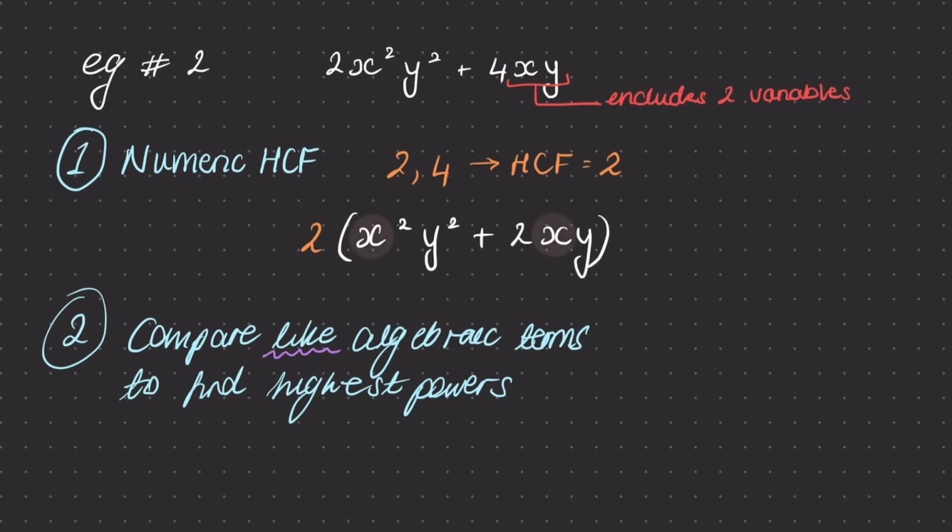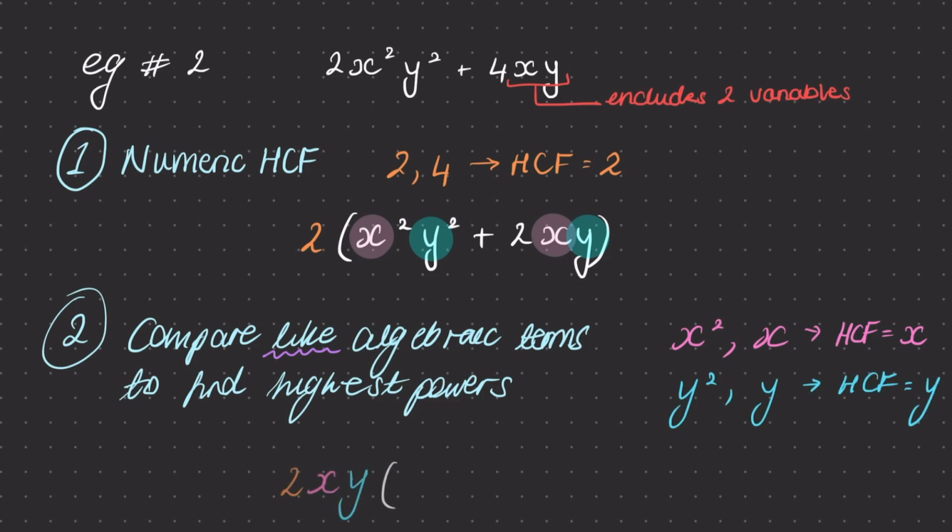I have highlighted the x's in pink and the y's in blue so that we can see the difference visually. I've compared the x terms and I've compared the y terms. These are then placed outside the brackets, and inside the brackets I've just included what would be left over. The final couple of steps for this question would be to check our answer and make sure that we didn't leave out any common factors,